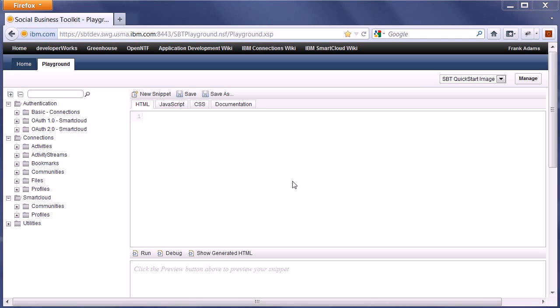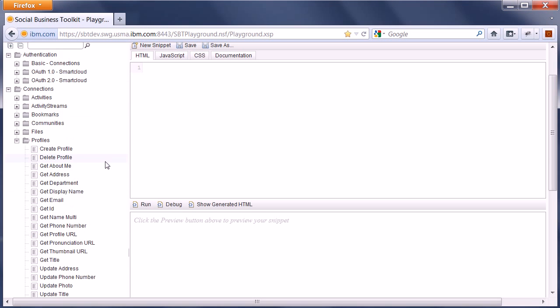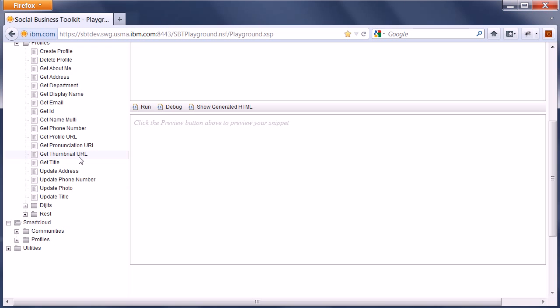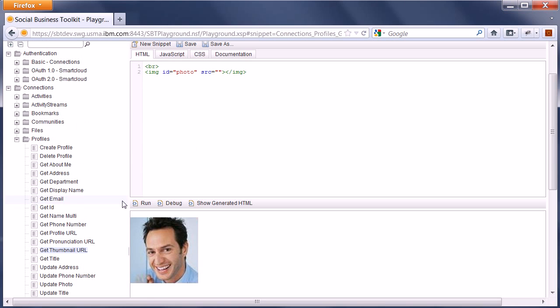The Playground allows web developers to develop their own snippets that then can easily be executed against different environments. I'm using here a version of the Playground on a development server, but we also want to host the Playground live on IBM Greenhouse. The left column contains a navigator with a list of available snippets to access Connections and SmartCloud. From here I can pick the snippet that I want and I can open it, and I'm using the same one here,